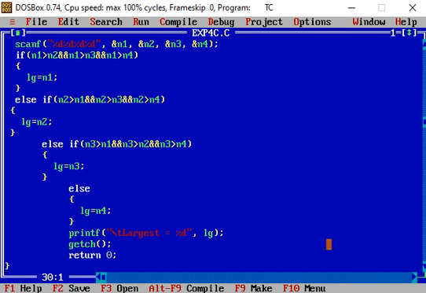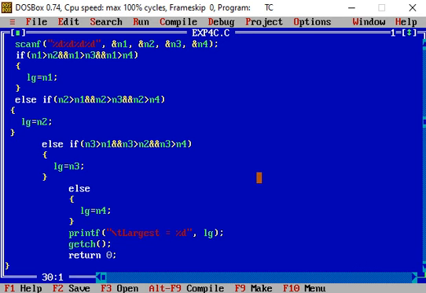So in this construct we are writing in the else part an else if, then again an else if. In this way the construct looks like a ladder. If we go on inserting the if else part in a similar way, then it is called an if else ladder. So here more conditions can be tested, or if more options are present, we can use the if else ladder to select one out of many options.